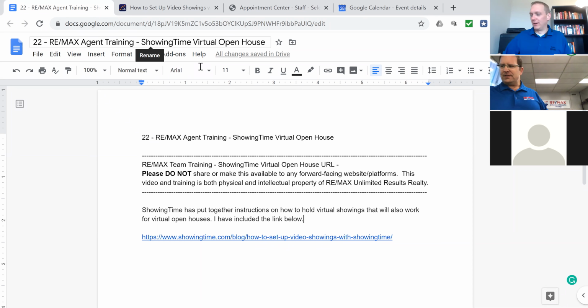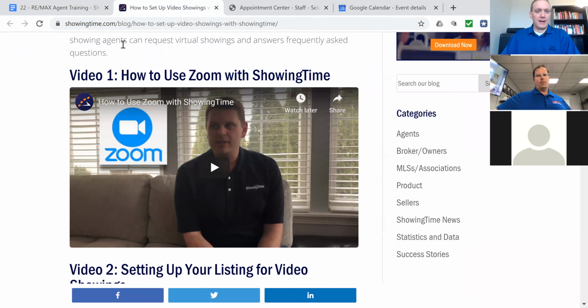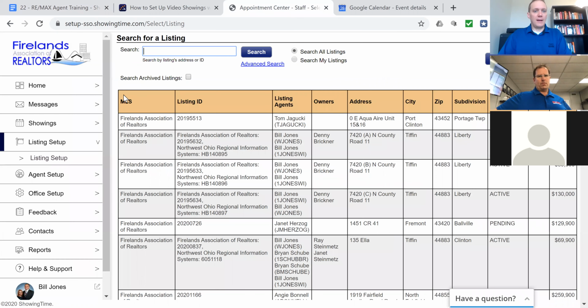Doesn't matter, the COVID or whatever the reason. It makes no sense because they have forward-facing pushing our photos and data into everything. But for whatever reason, they won't allow a URL in the public-facing, forward-facing stuff. Neither of them will allow that at this time. So dumb. What they've recommended is ShowingTime, and hopefully you can see my screen here, has a couple of videos,